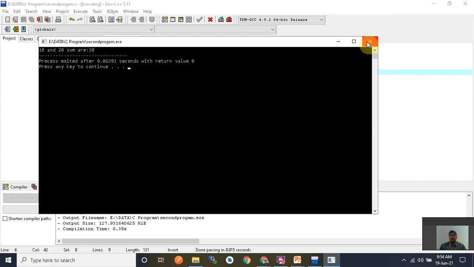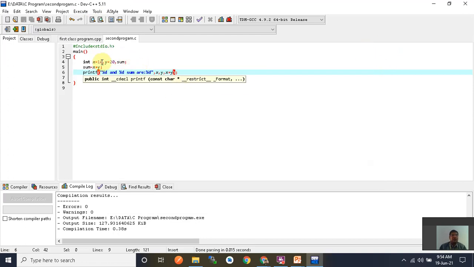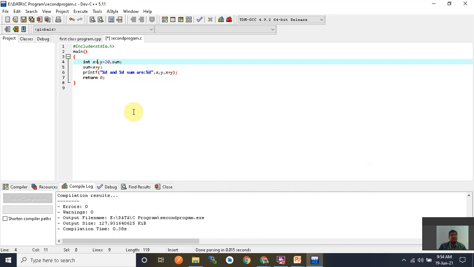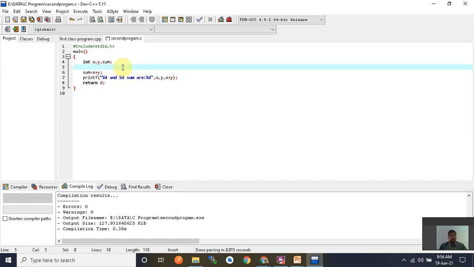Okay. Now I want to read the value of x and y. After that we perform the addition of x and y. So for that you type scanf and write this in semicolon.